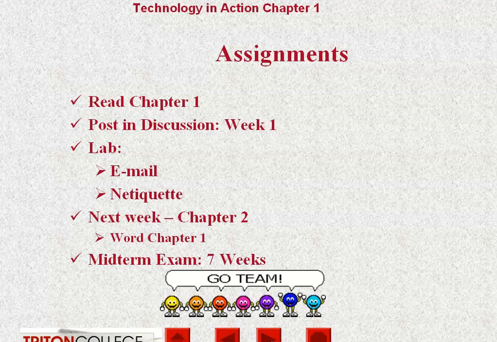Okay, and I'd like to remind you we have plenty of time, but you do want to be planning on getting your textbook or getting access to it. You don't have to buy it, but you want access to it, because in 7 weeks we're going to have the midterm exam, and it's going to be based only on the textbook, not on the lab book. So you're going to want that textbook. You're going to want to read through it.